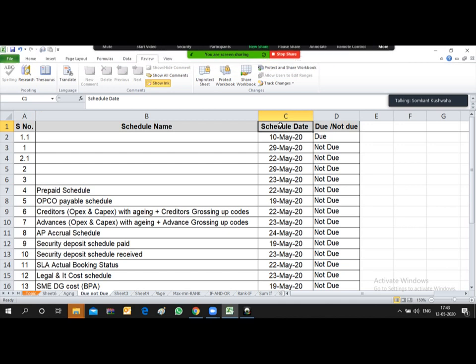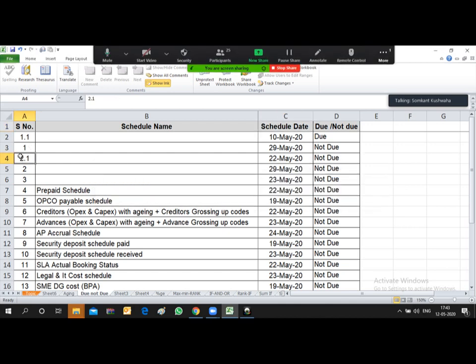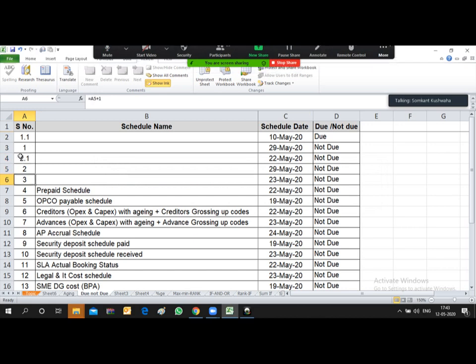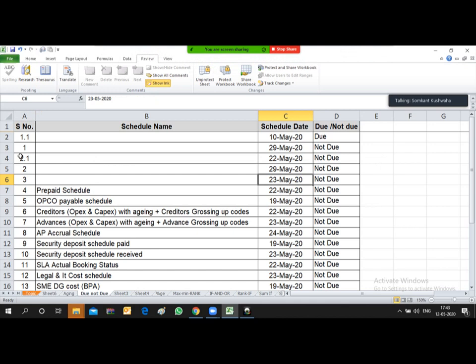Say suppose this format, he will not be able to change this format. So this is the thing that he will not be able to do, right? But under unprotected, he can change any kind of thing. So just suppose he has typed any kind of thing, he can do it like this. Under unprotected he can do everything.